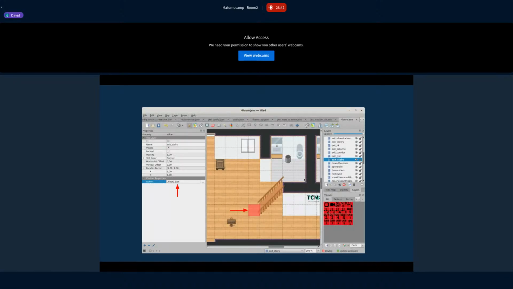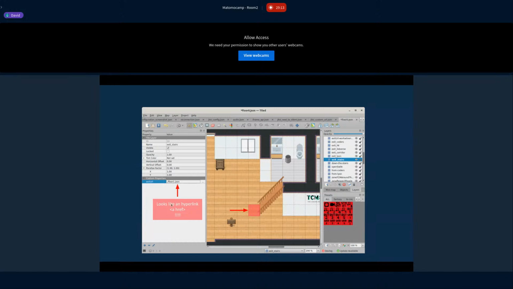Talking about maps, one thing that is important: a map is a file that can be anywhere on any web server. And you can link maps together by placing entries and exits. If you want to place an exit from Tiled, you would use a special property called exit URL, and you will link to the other file that is somewhere else on the web.